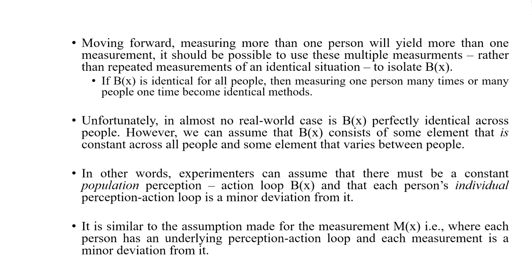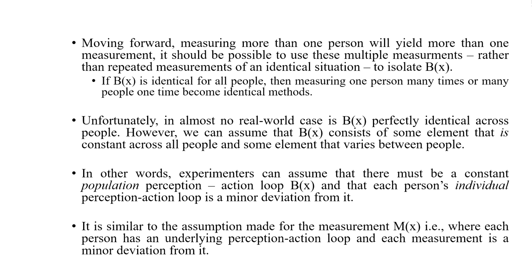So, measuring more than one person will typically yield more than one measurement. So, you will have, let us say, m of x1 and m of x2, something like that. So, it should be possible to use these multiple measurements, rather than repeated measurements of an identical situation, to isolate B of x. What are we after? This mental state B of x, and we want multiple measurements across a number of people, not multiple measurements within. So, we are not talking about repeated measures at this point, we are talking about multiple measurements